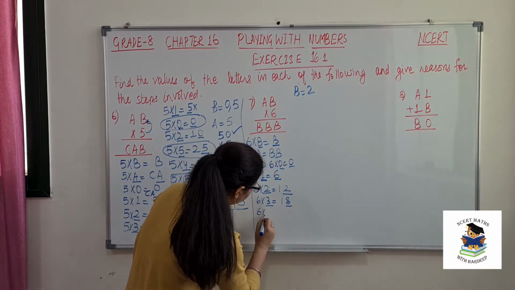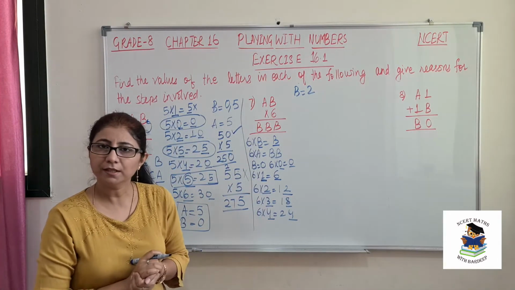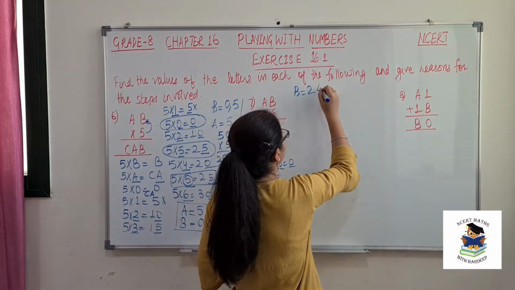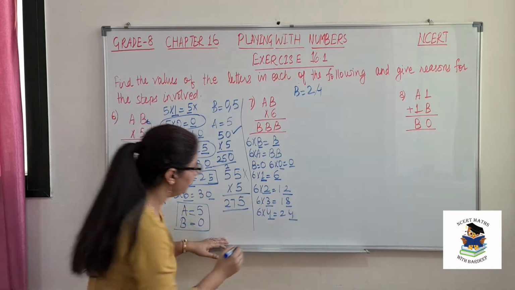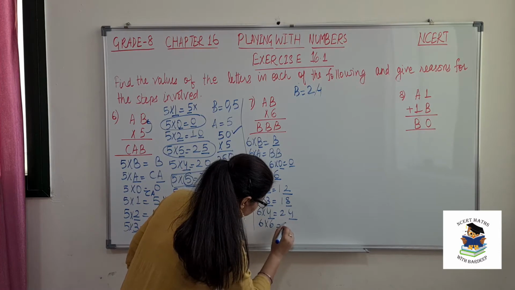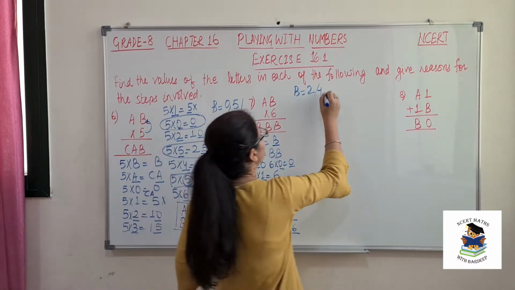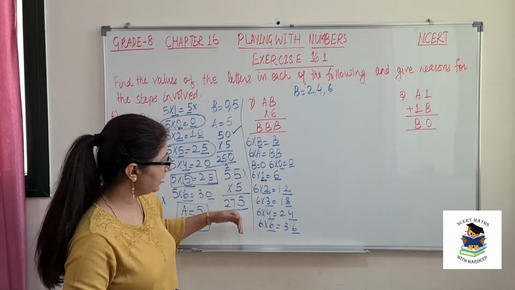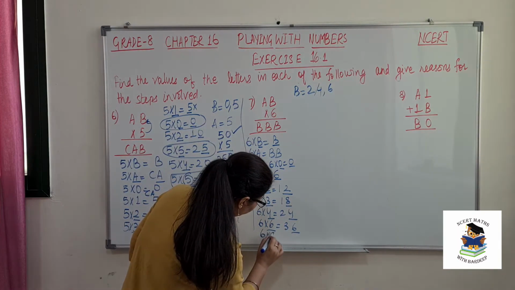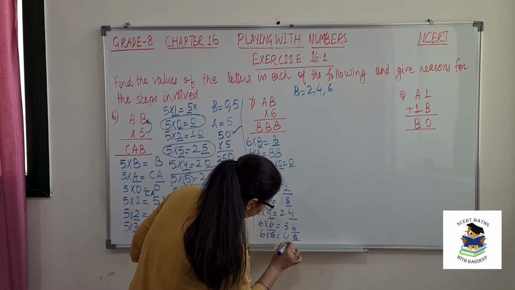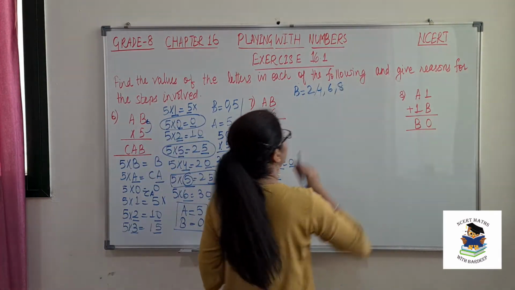6 into 4, 24. See, these two digits are again same. So B can be 4 also. So 6 into 5, 30. So we are not getting 5. But if I use 6 into 6, this can be again possible because both are 6. So 6 is also possible. Then 6 into 7 is 42. So no digits are coming same. 6 into 8, 48. So these two are again same. Okay. So that means 8 is also an option.